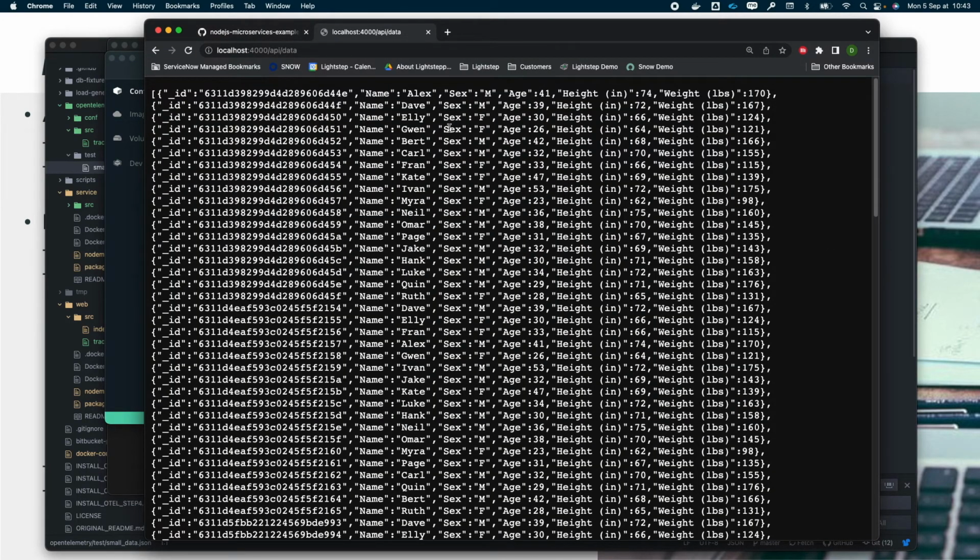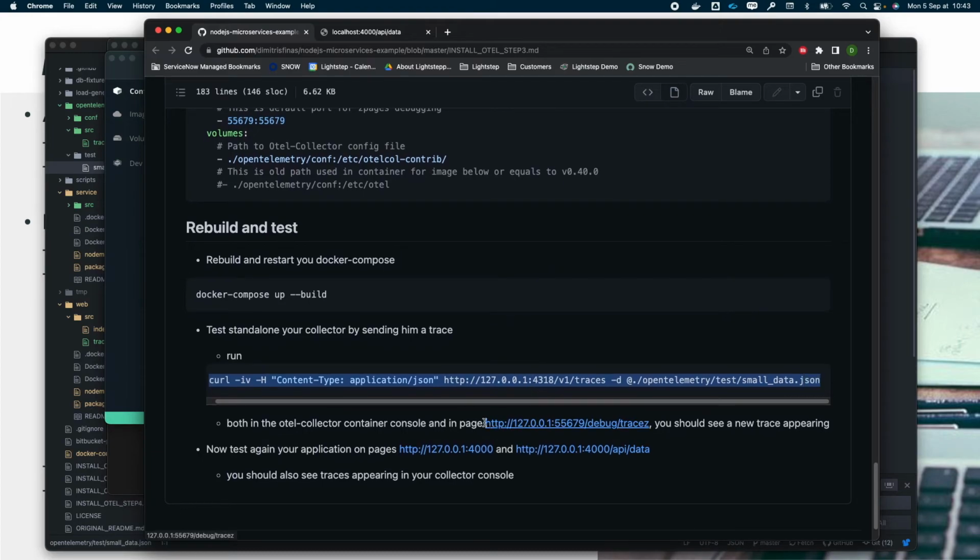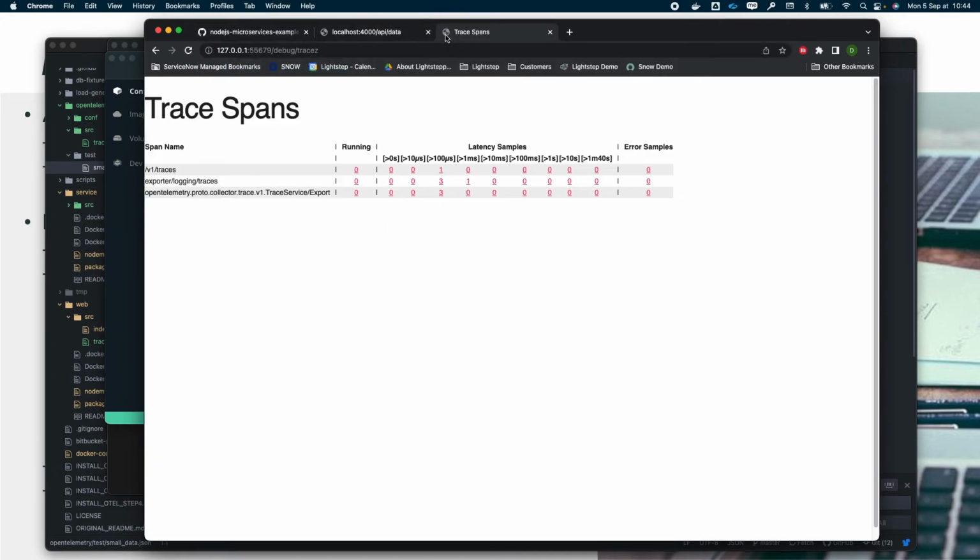If I go to the ZPages from the collector, I will be able to see the debug information from it. And here I can see that one trace above 100 microseconds has been received on the V1 trace.